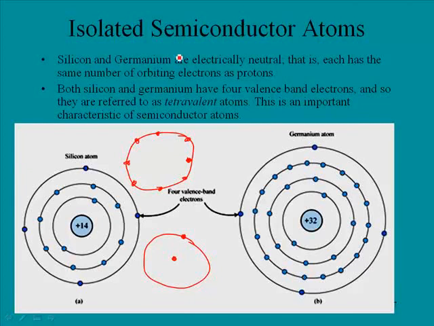Now, we're in the subject of semiconductors, and semiconductors have the unique property of having 4 electrons in their outer valence shell. This will make them suitable for some very unique processes. Well, they're not suitable in their base form, but we're going to be able to modify them so we can do a lot of things with them.